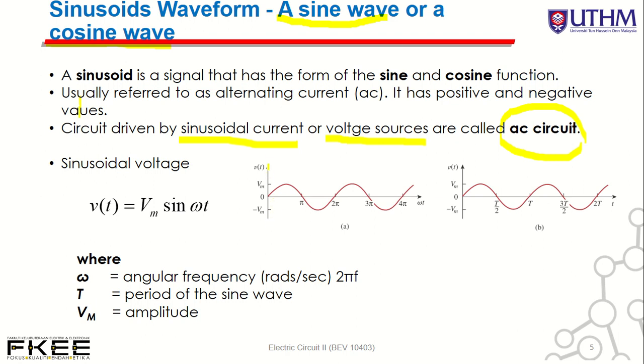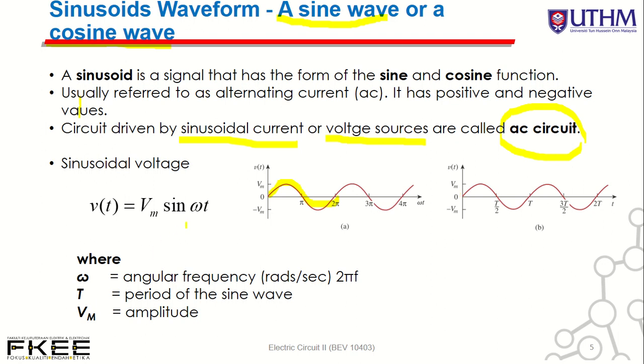Okay, this is v(t). This is a sine wave. Pi. Okay, this is one complete cycle. We call it period of the sine wave. Okay, T, in this case T equal to 2 pi. Okay, let's say we draw the v(t) versus time. Okay, so for one complete cycle we call it period. Okay, this is a period T.